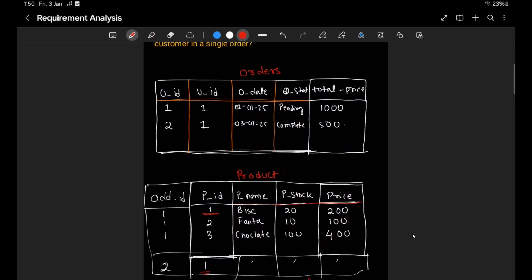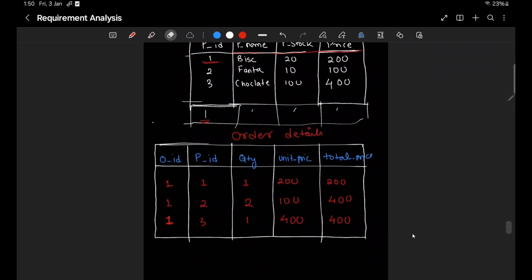Instead, we create a separate table named the order details table to link orders and products. This table contains order ID to reference the order, product ID to reference the product, and quantity to track how many units of the product were ordered in that specific order.